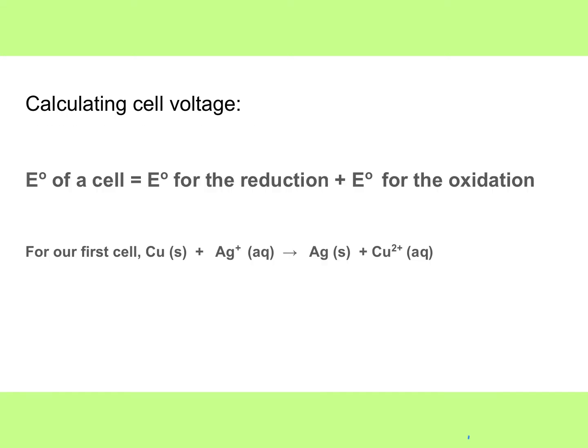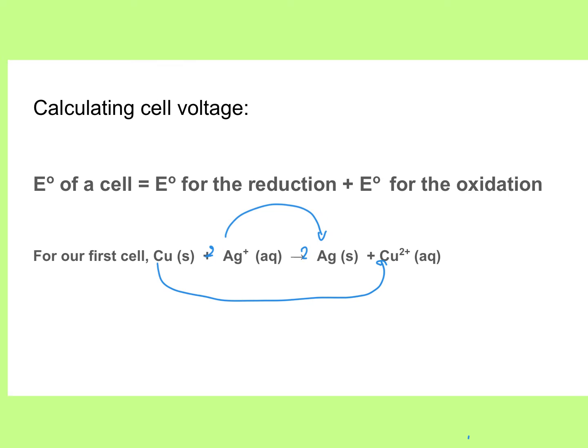Last thing to talk about in this lesson is calculating the voltage of a battery. It's very easy to do. You locate your reduction and oxidation processes. Go back and balance this equation. And use the voltage tables. Okay, so if you look at the tables in the appendix of your book, the reduction of silver is at a voltage of